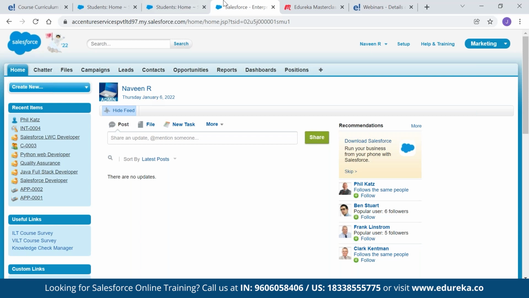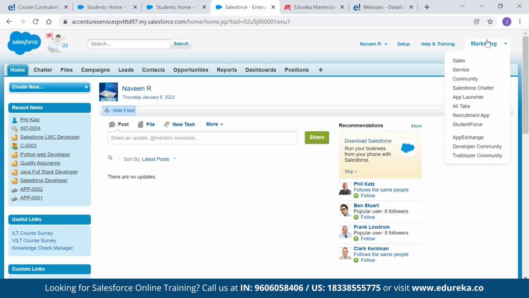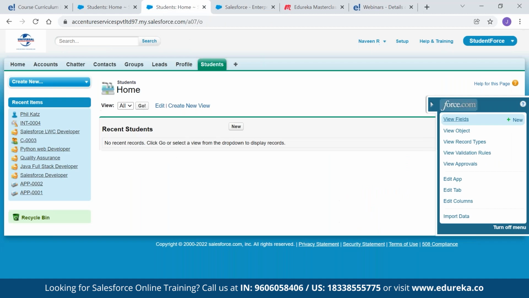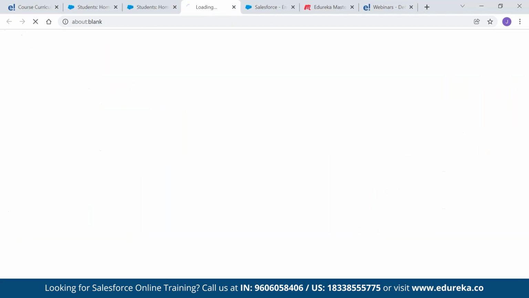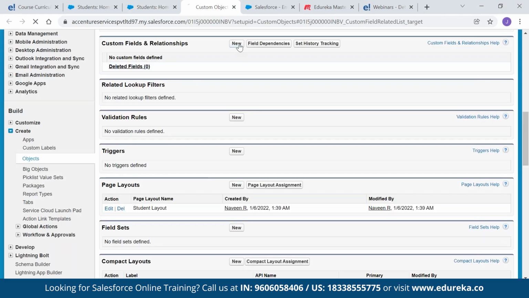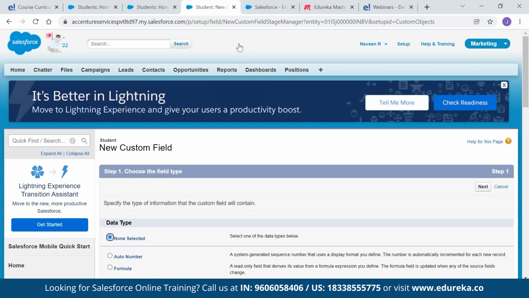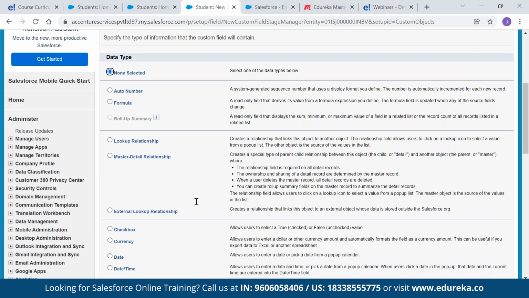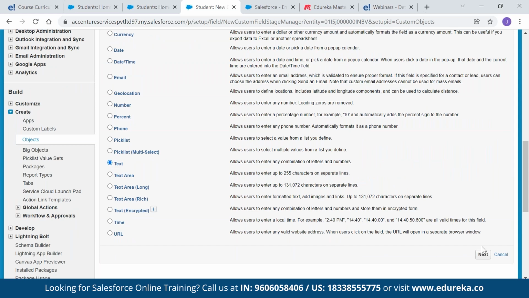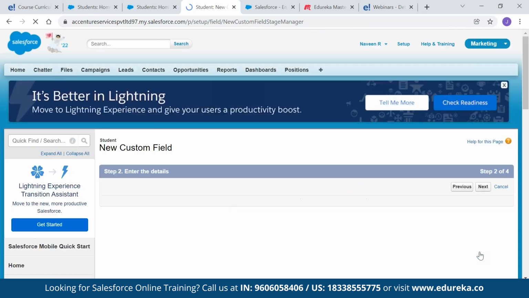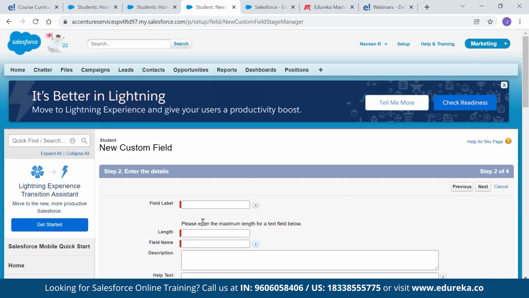Now if you want to add a custom field, I was in the student object. If I want to create a field, the first item is that you need to choose the data type. I choose the data type called text, and I'll provide the label as department.